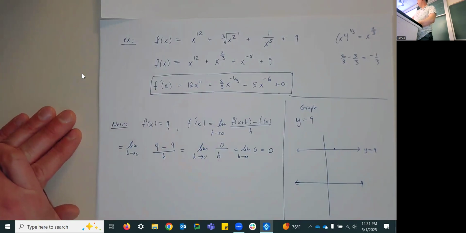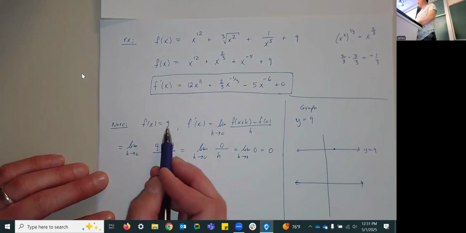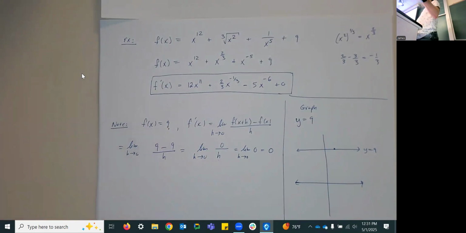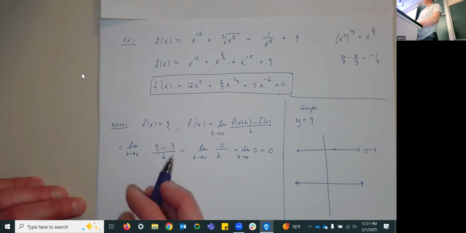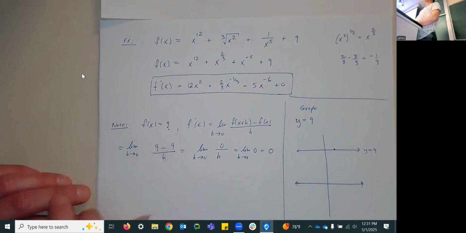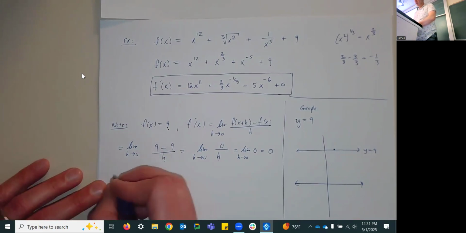And that's the derivative of this constant, f of x equal to 9. It could have been any constant, right? It could have been 7 and still have been 7 minus 7 over h, or 13, it would be 13 minus 13 over h, or it could even be something weird like, for example,